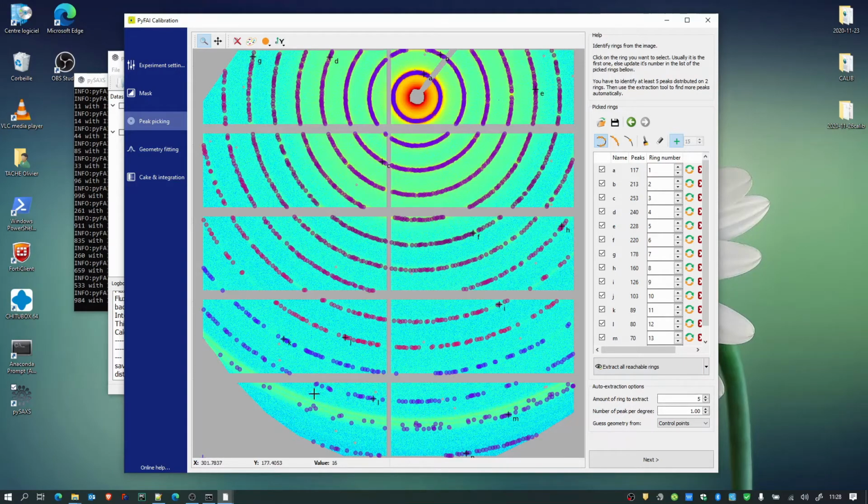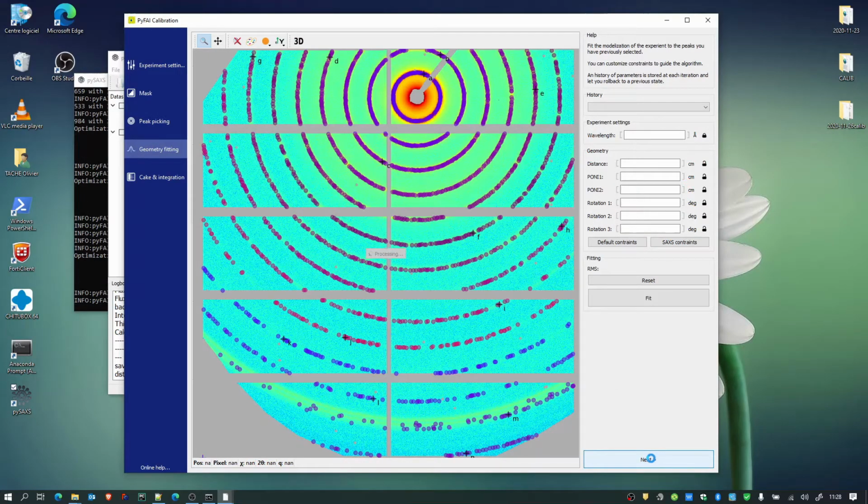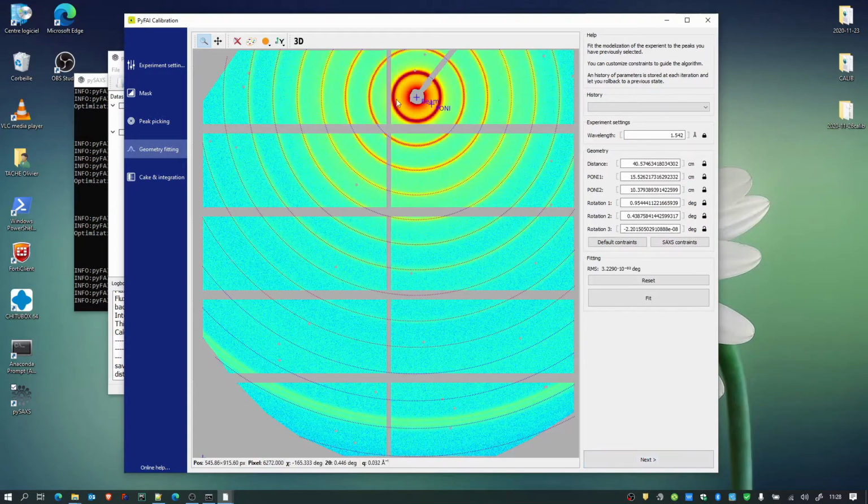Yes, so this seems good. So next step, and here normally, yes, some lines are displayed on the detected rings. So next,